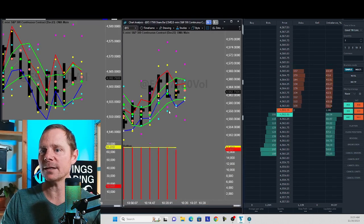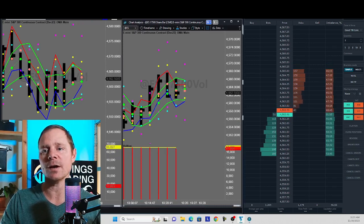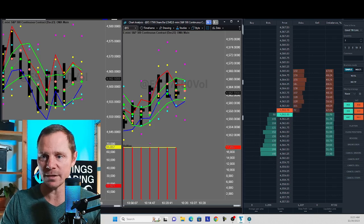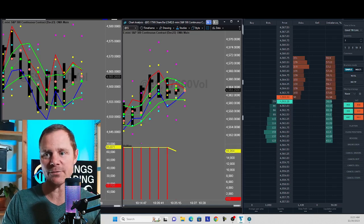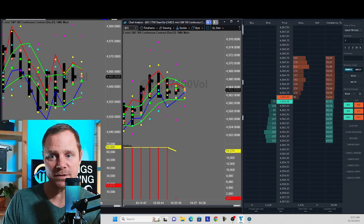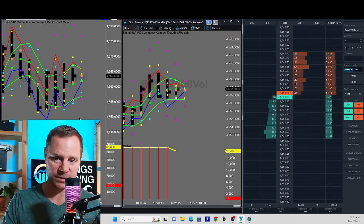So I think we're cycling now. It looks to me like we're cycling in congestion here on the higher time period, which means we could be headed back down to that 45, 55 level, and that's what I'm going to wait for. Because you never know, these equities sometimes just take off at all times of the day. But if we were to push back down and get a nice support pattern in congestion,